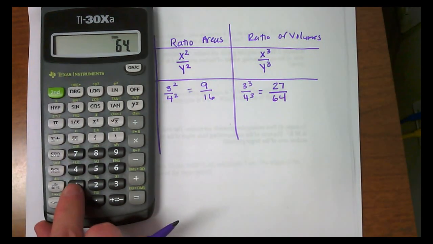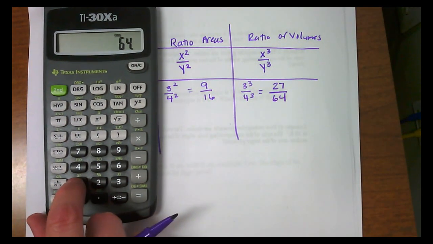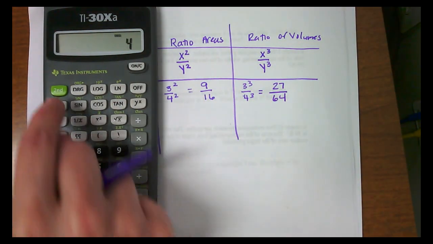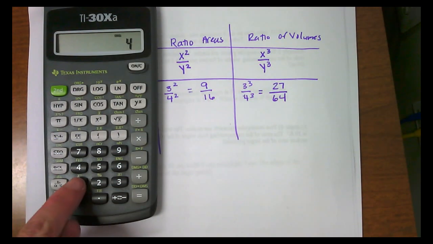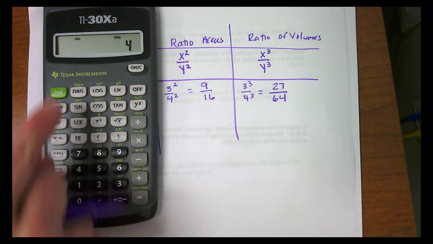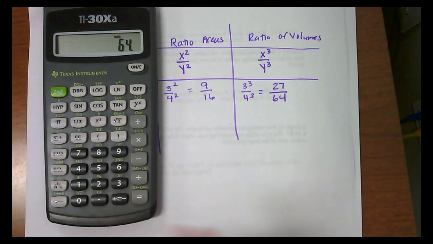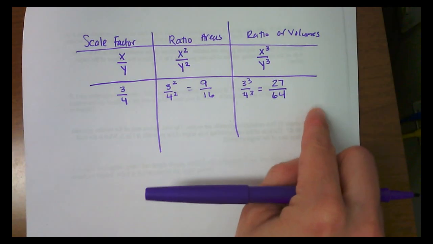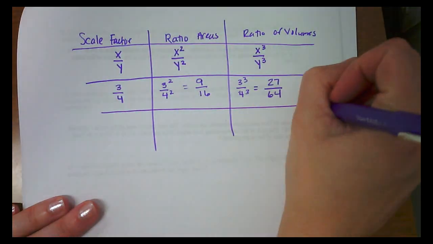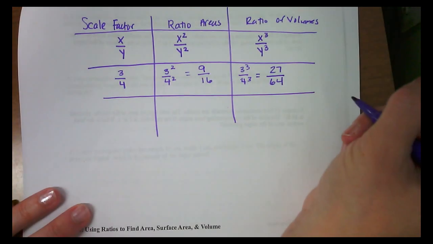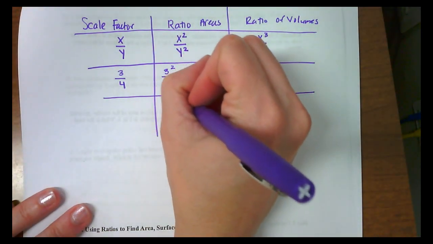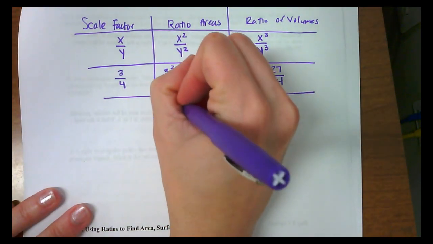Another way to do it, if you look above the 1 key, there's an x to the third power. So if I hit 4 and I want to raise it to the third, since it's in green, I can hit the green button and then 1, and it raises it to the third power. Okay, so super easy working forwards. Yesterday we did a few where we had to work backwards. So let's say that we started with an area ratio, and our area ratio was